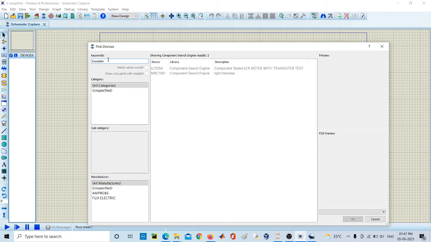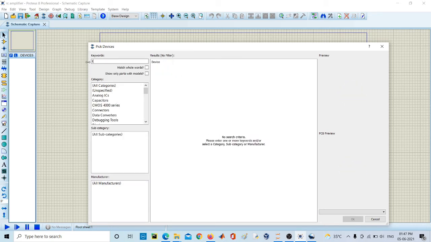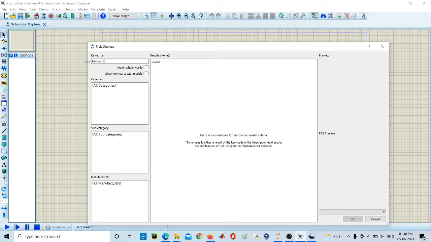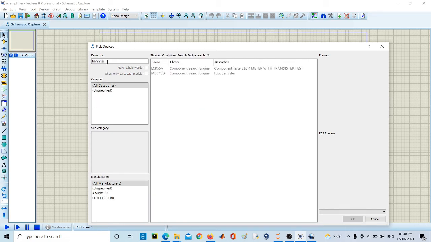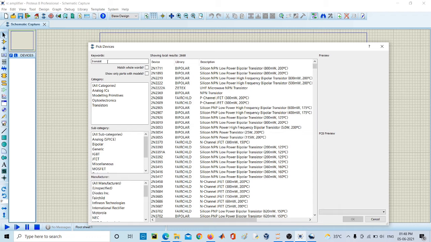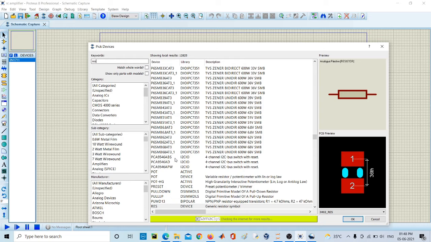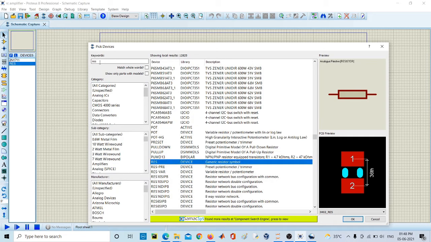Transistor. Okay, this is the transistor. Double click on it, then select resistor. This is the resistor. Double click on it.